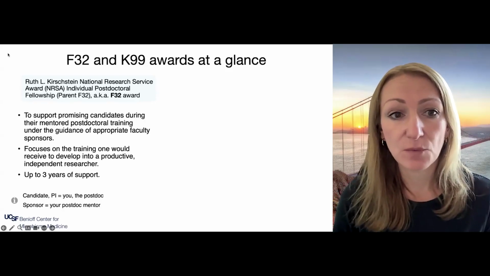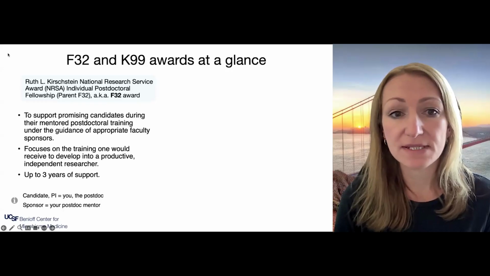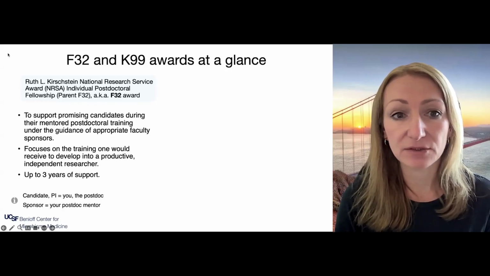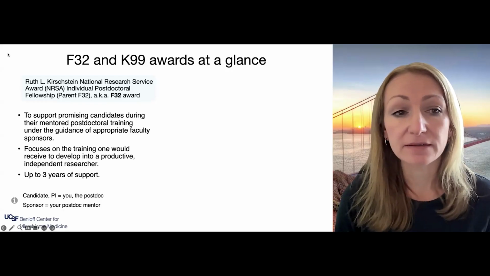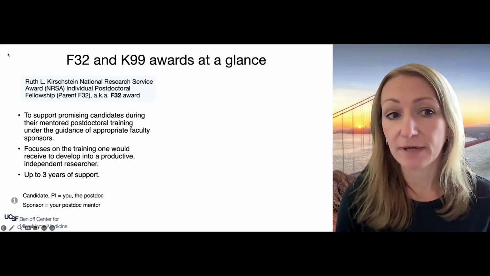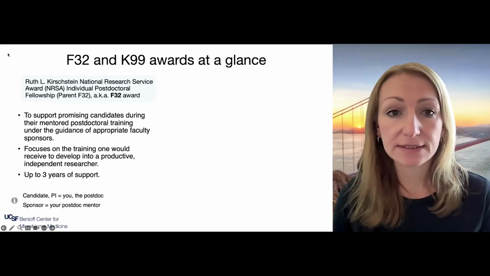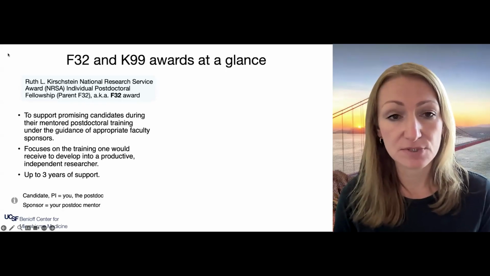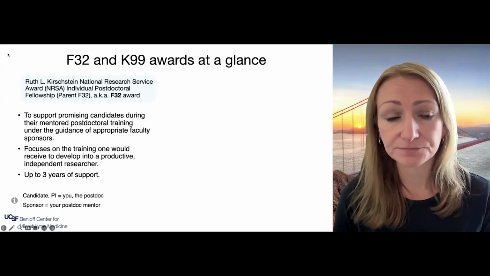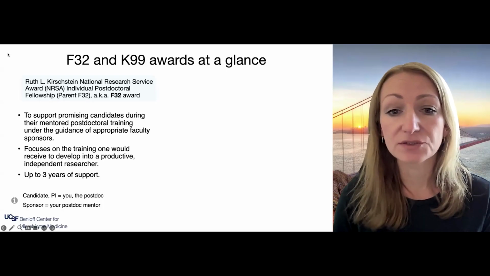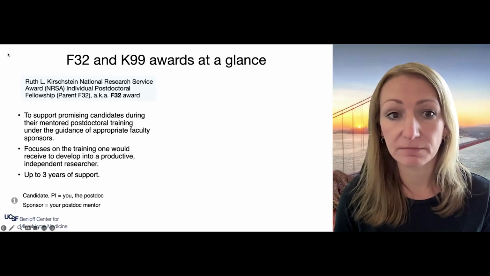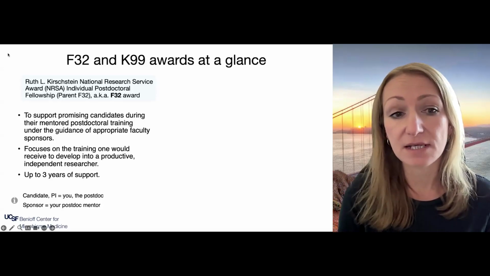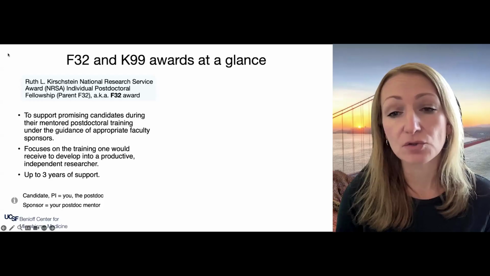An F32 award is to support promising candidates during their mentored postdoctoral training under the guidance of the appropriate faculty sponsor. It's usually tailored to younger postdocs or people that are just about to start their postdoc training. And it focuses on the training aspect, and it provides up to 3 years of support, usually in the form